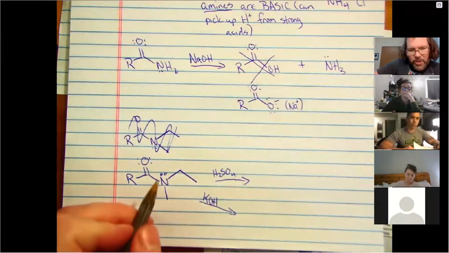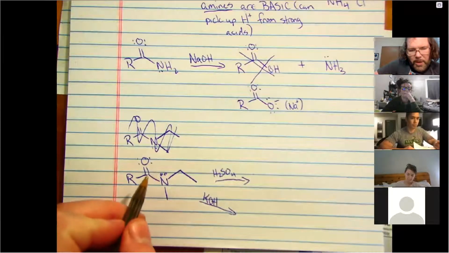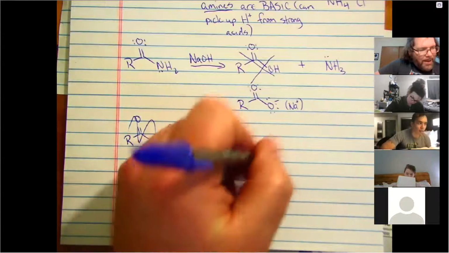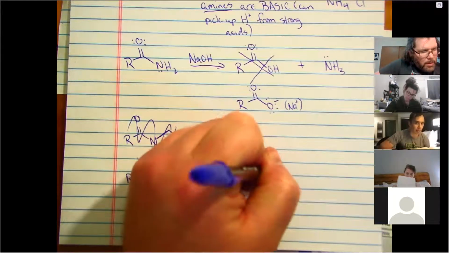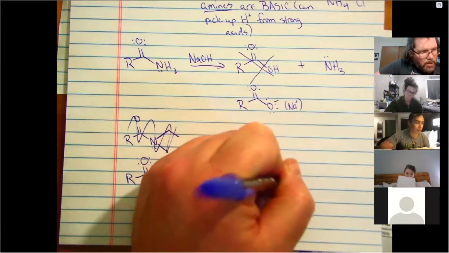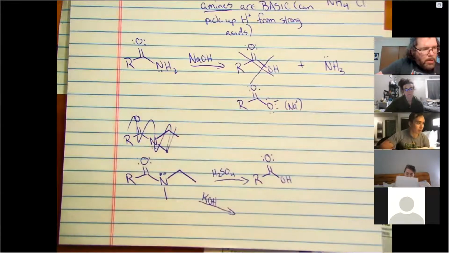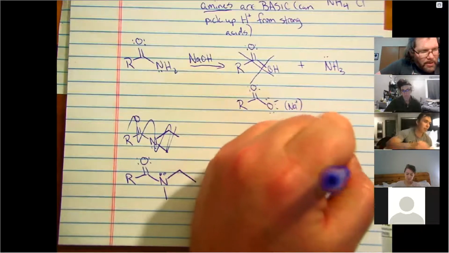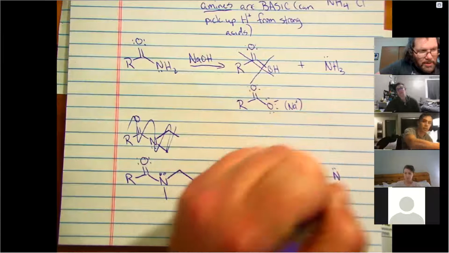First, acidic conditions. When we break that bond between the carbonyl and the nitrogen, we're going to give our acid its OH group back. And we're also going to give that nitrogen a proton back to turn it into an amine. But